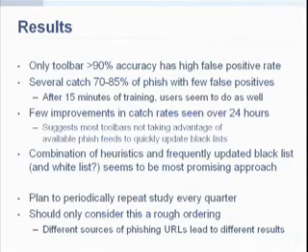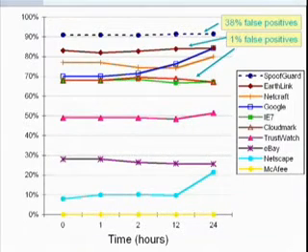This suggests that most toolbars are not taking advantage of available phish feeds to quickly update their blacklist. Okay? So if you go back again, you notice that there are very few upturns after time. For example, the Netscape one does, the Google one does, and Netcraft does as well. So there's not a lot of these feeds that are updated.